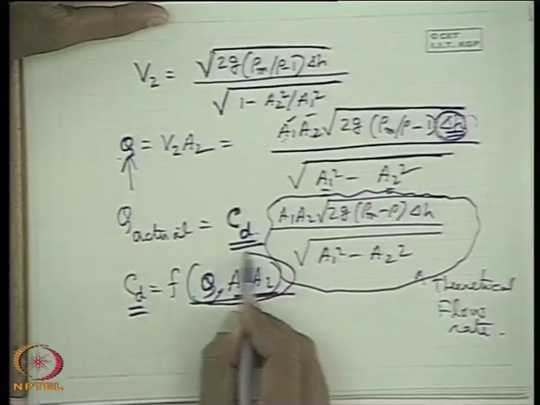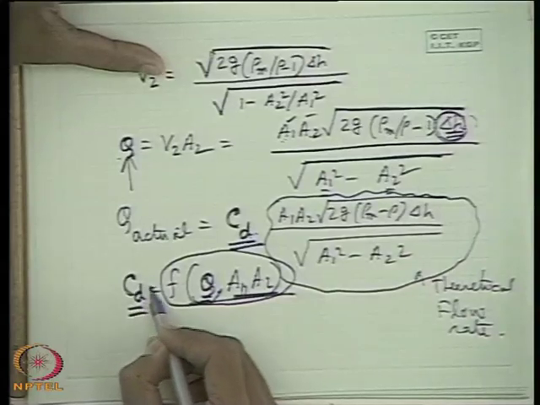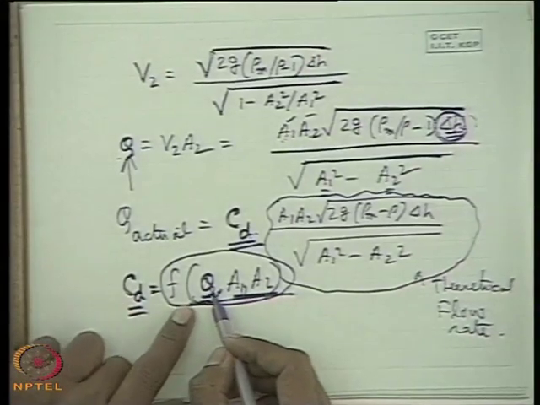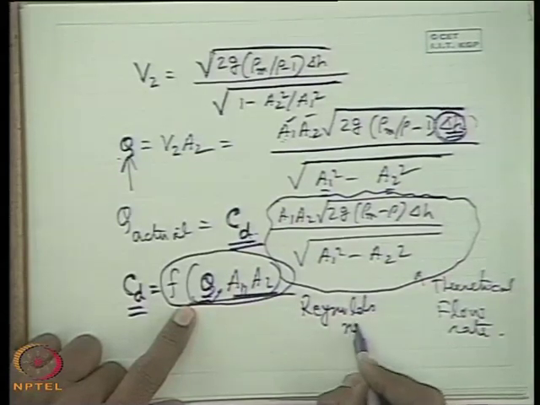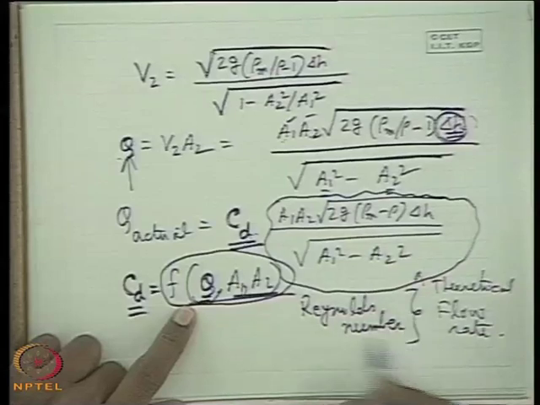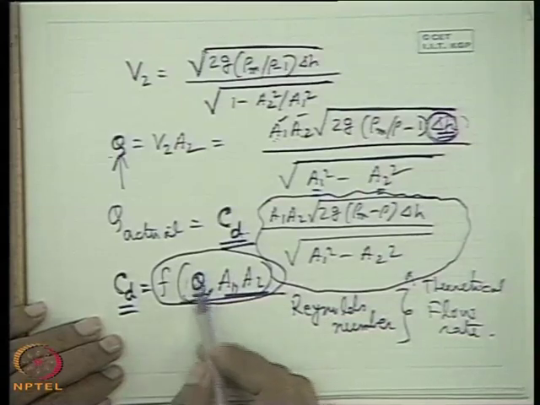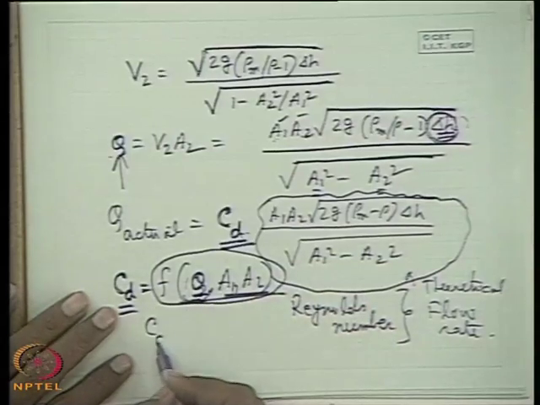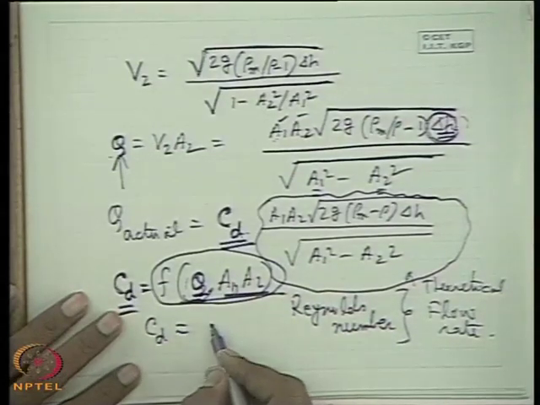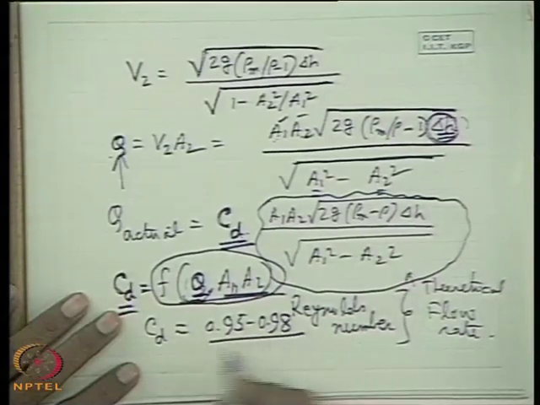But this dependency is very, very weak, and at a higher flow rate usually CD becomes constant, and it depends mainly upon the Reynolds number of flow, which I will tell you afterwards. You don't know this thing when you will start the viscous flow, Reynolds number. You will see that there is a number known as Reynolds number, a dimensionless number characterizing the viscous flow. But you must know at this stage at higher flow rate for all venturimeter and within all ranges of flow, CD is virtually constant and lies between a value of 0.95 to 0.98. That means it is very, very high.